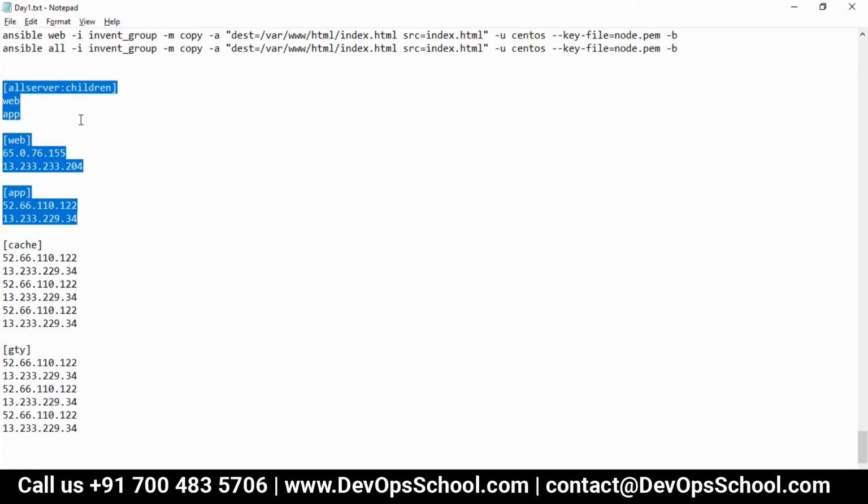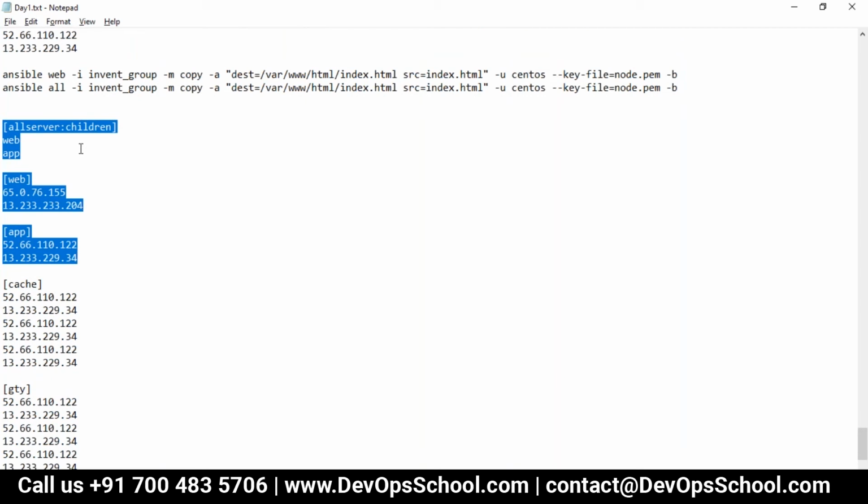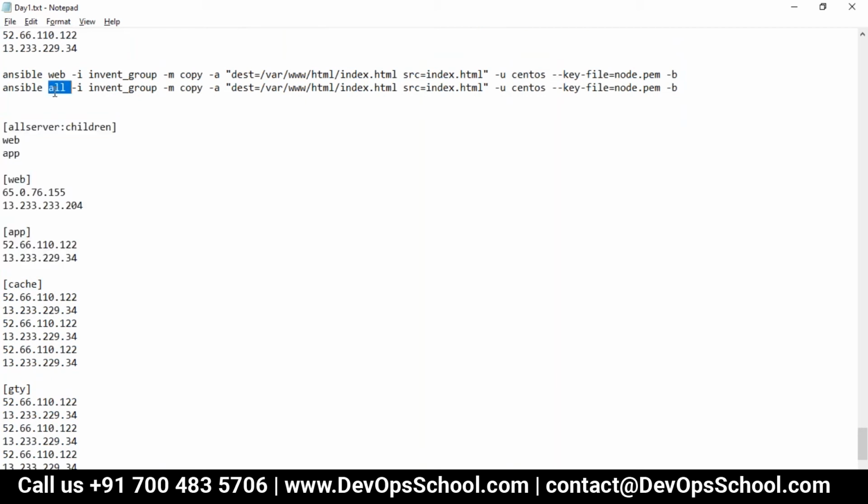Rajesh, for example, if I need to use the web group alone, I can mention web alone in the command. If I need to use all the groups, I can use all, right? Then why do I have to make web and app a child group of the all server group?